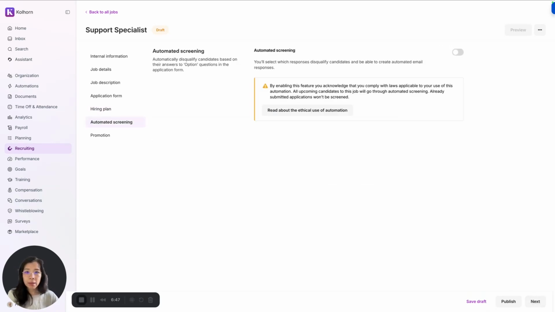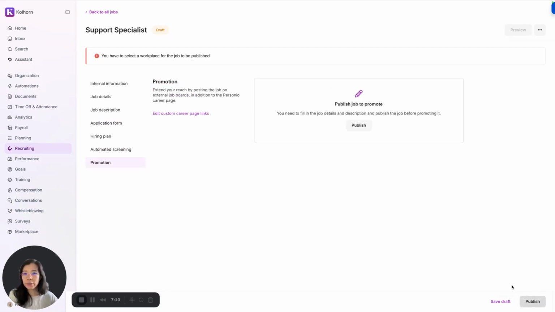And as an option, you can see and use the automated screening feature to filter unqualified candidates. Before setting it up, it is important to comply with local work legislation and adhere to anti-discrimination practices. You can refer to our dedicated articles for a walkthrough in detail. The last section here would be the promotion section, where you can click on different platforms that are available. If you already have contracts with them, they would show here. I will show you this section a little bit in a short moment, but we will simply publish this role to see what it would,